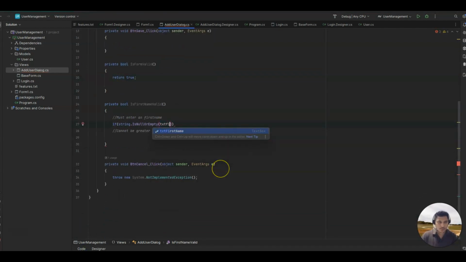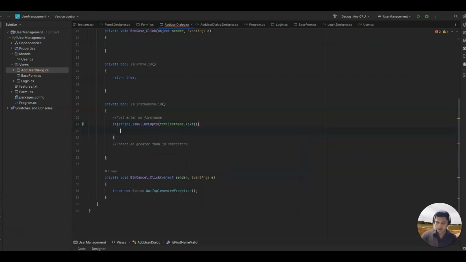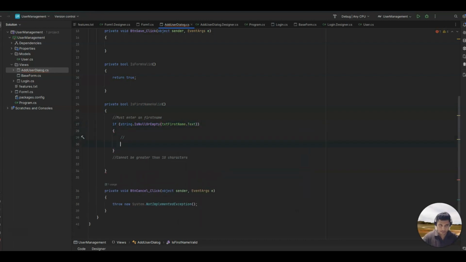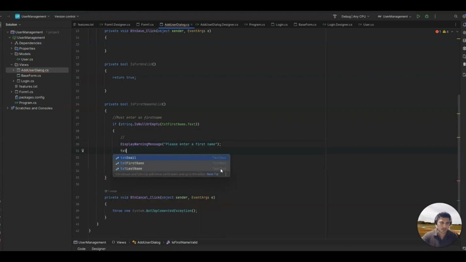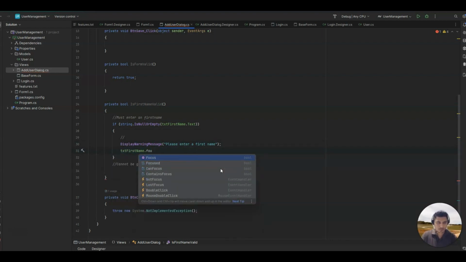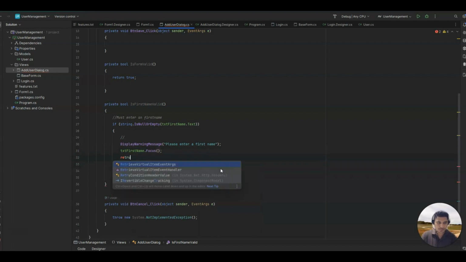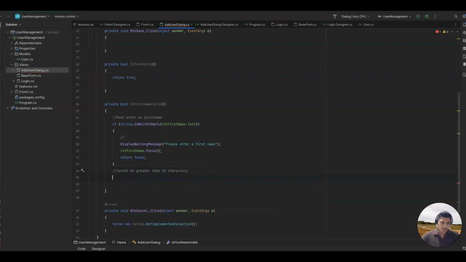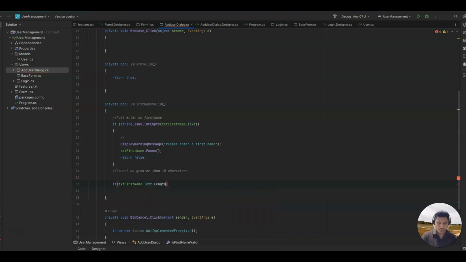Now if txtFirstName.Text is null or empty, then we want to show some error. So display warning, please enter first name, and then we want to focus back to the first name text box. Dot Focus, return false. Okay. Similarly, if txtFirstName.Text.Length is greater than 8, then we want to